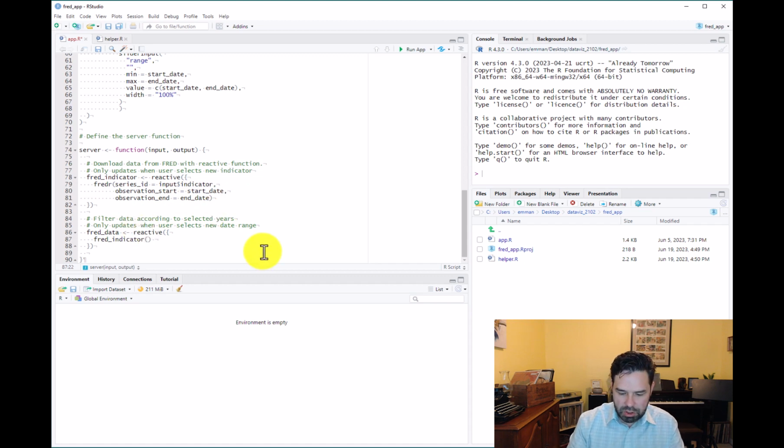So then what we're going to do is take those data that are stored in this object here that the user has selected, and we're going to filter them. All right. And we're going to use a between function from dplyr to filter them. So we're going to say between, and